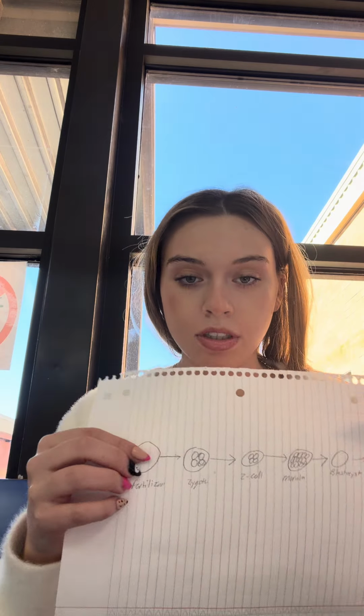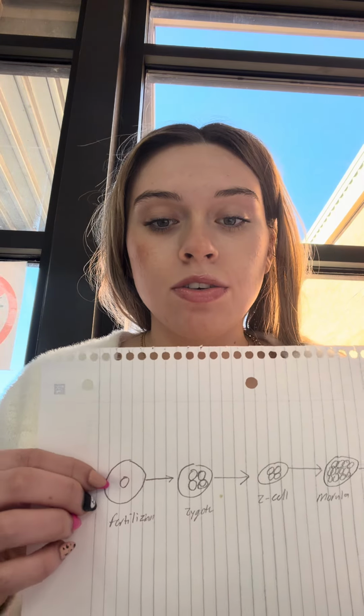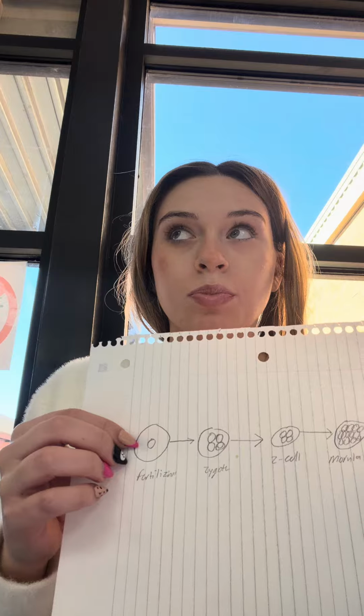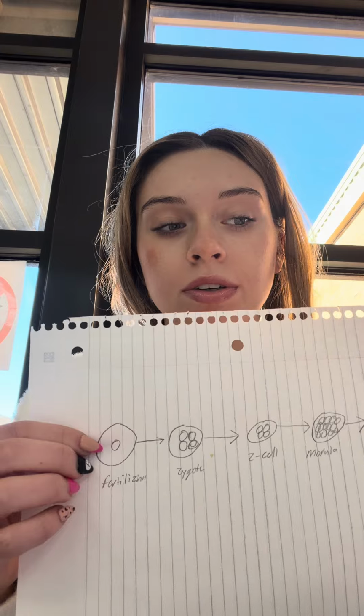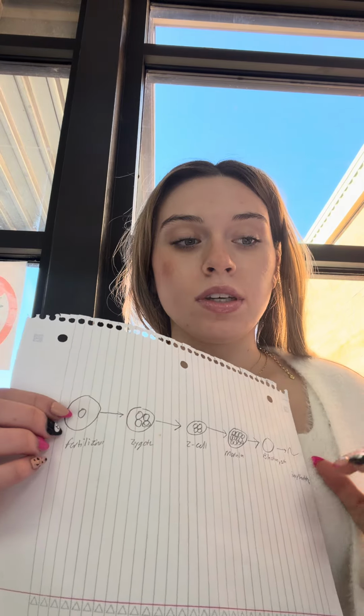So for my second question, describe the major stages of prenatal development, including cellular progression through the first 2 weeks. Include a diagram to assist in your explanation. So here's my diagram. Fertilization is the first step, and sperm and egg form a zygote, and then